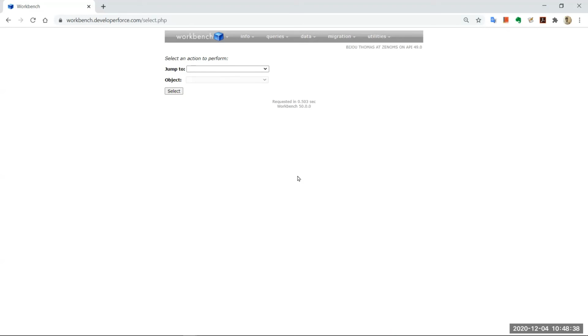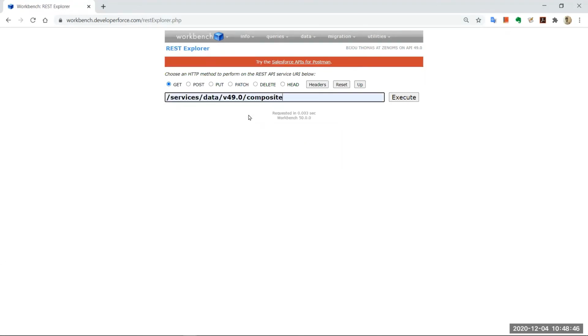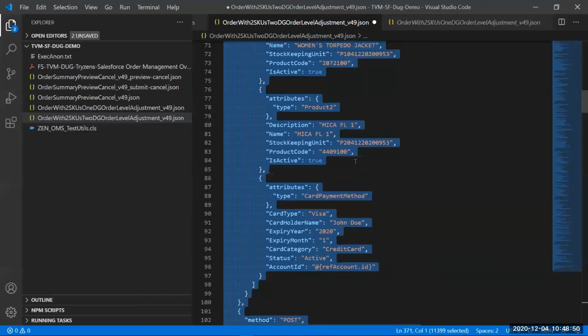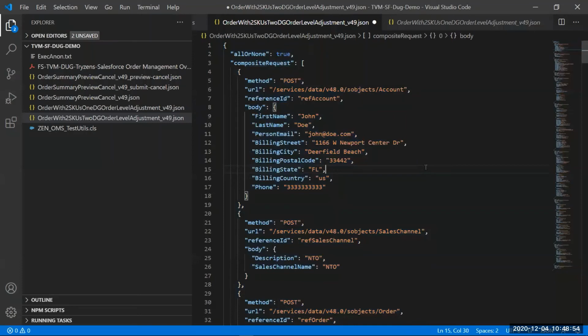But one of the cool things that Salesforce comes with, I'm not sure if you have previously used or experienced this, is the composite resource, right? Composite resource is one of the cool parts where you can string a set of objects that you would want to create. I can refer to quite a lot of them.